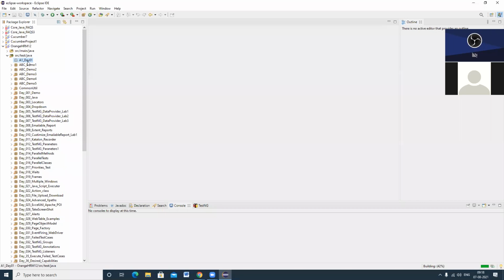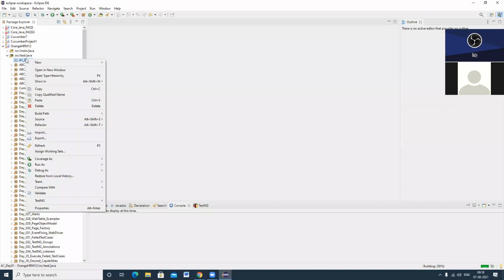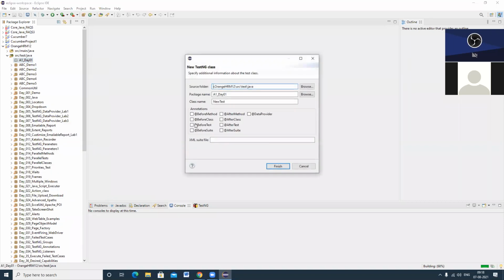After creating the package, what I have to do? I have to create a TestNG class. So right click and go to TestNG and click on create TestNG class. TC01 add jobs I'm doing. So I want to automate a scenario TC01 add jobs. So just I'm clicking on finish.